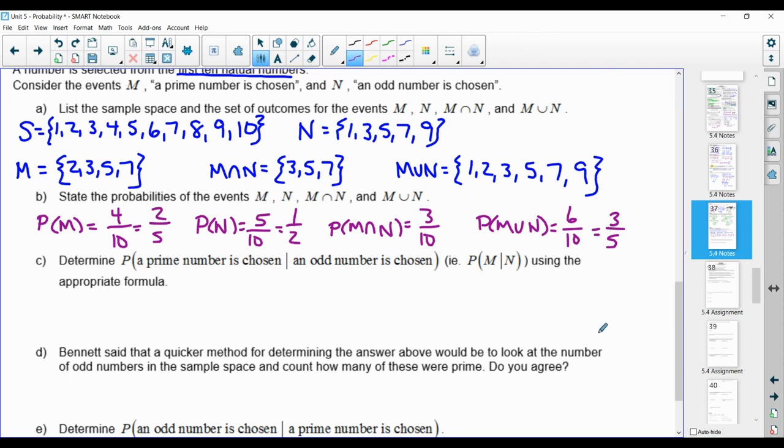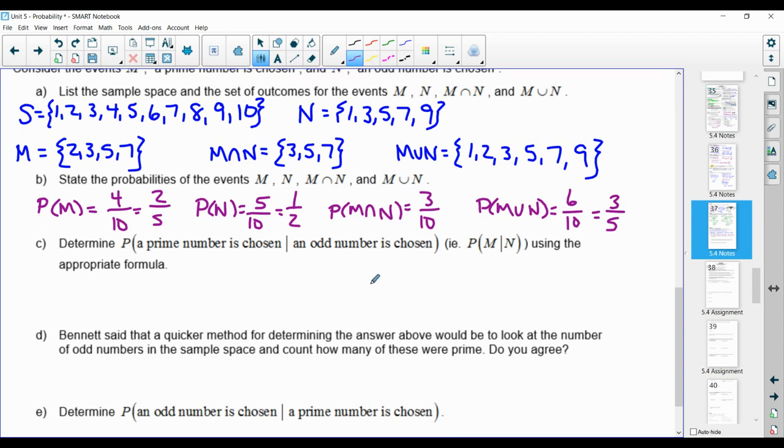But now we're going to look at the conditional probabilities. Part C says to determine the probability that a prime number is chosen given that an odd number is chosen. Using our formulas, the probability of N and M equals the probability of N times the probability of M given N. We have all of the numbers that we need up top. The probability of N and M is 3/10, and that equals the probability of N, which is 1/2,